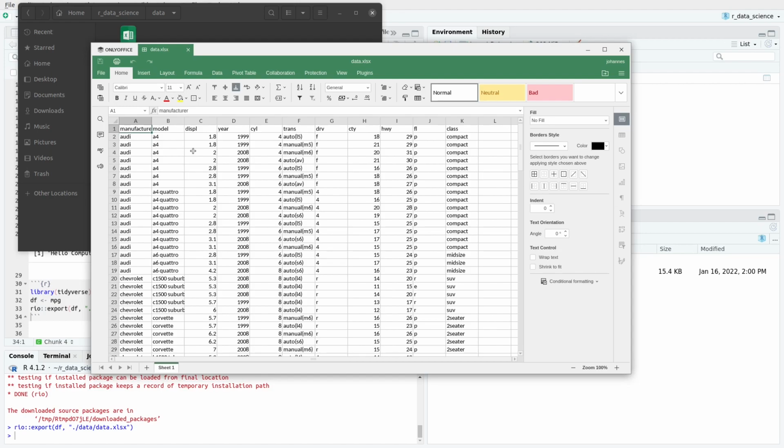So the reason you want to export this to Excel, or at least the reason why I sometimes export data sets to Excel, is because I want to change something. So let's say I noticed that the Audi actually didn't have 2 liters of displacement, but it had 2.01. Then I could enter this here, save the file,